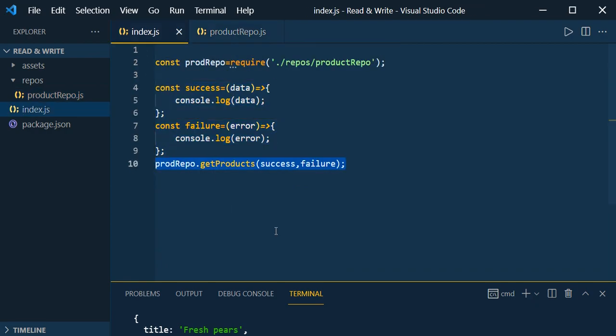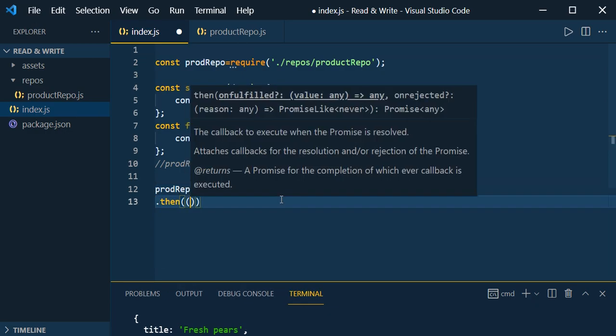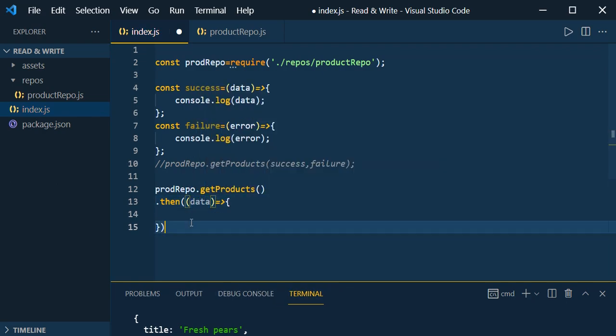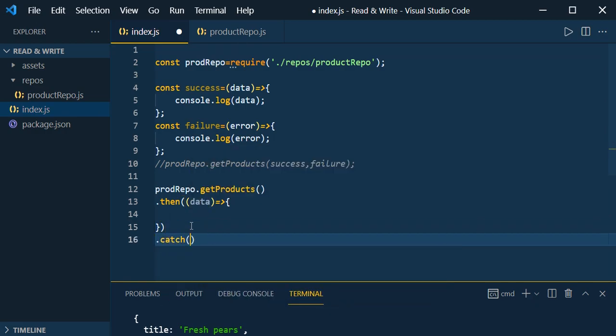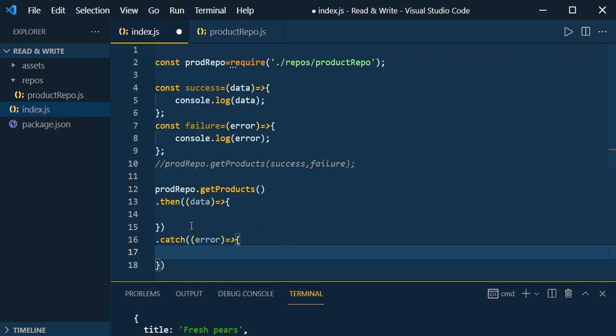So we are going to implement it in a different way. What we need to do now, just comment this code, call this function again. So getProducts, and now getProducts returns the promise. So we need to consume the promise. For that, enter then and write the callback function where it is accepting the data. So here we get the data if it is successful, otherwise we are going to implement the catch to receive the error. And the same console.log data here and console.log error.